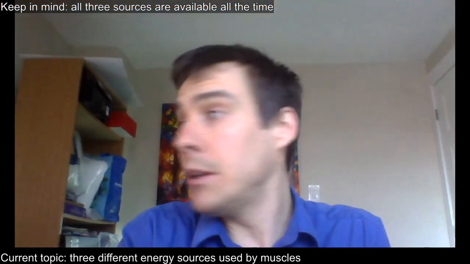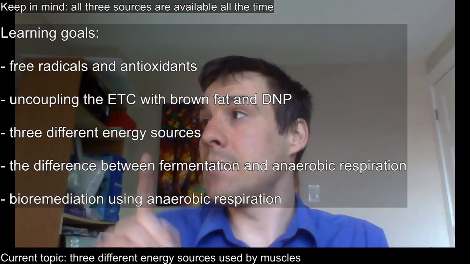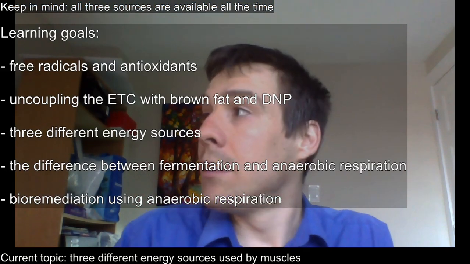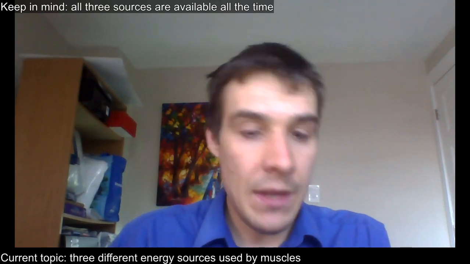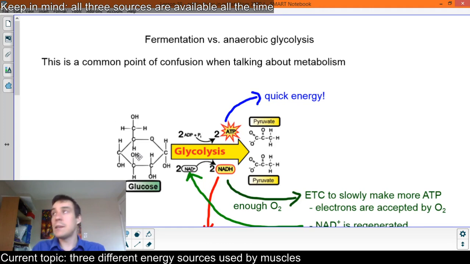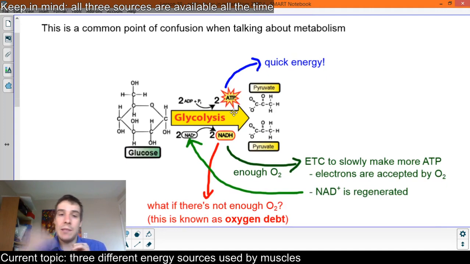Back to our learning goals. So we've done the three different energy sources. Now we're into the difference between fermentation and anaerobic respiration. So take the goals away, and we are going to move on to fermentation versus anaerobic glycolysis. It's a common point of confusion when students are learning this for the first time. This is that intermediate, between 10 seconds and 2 minutes energy source,